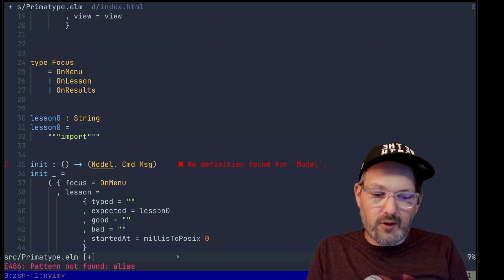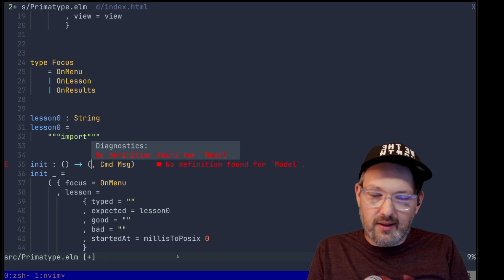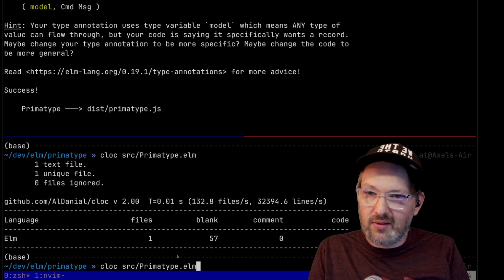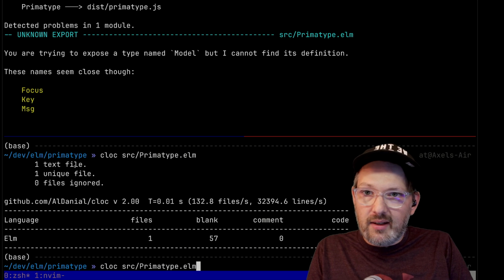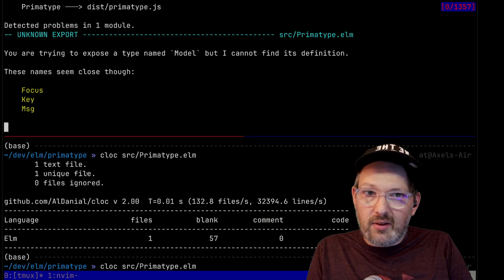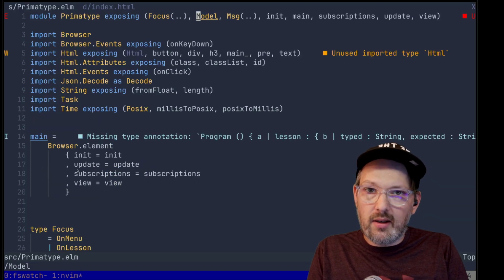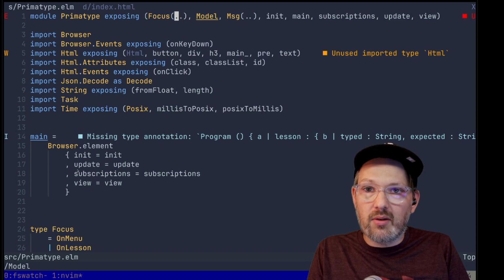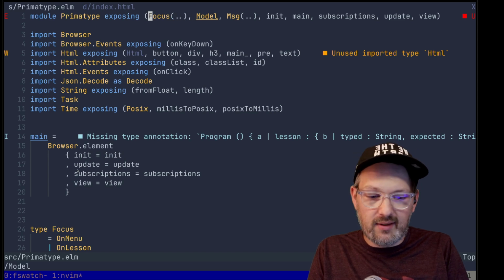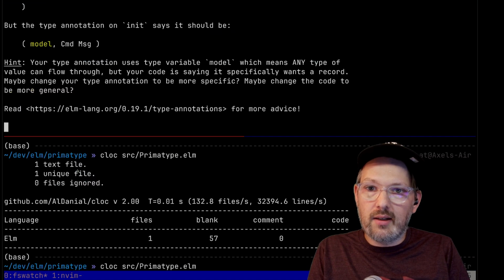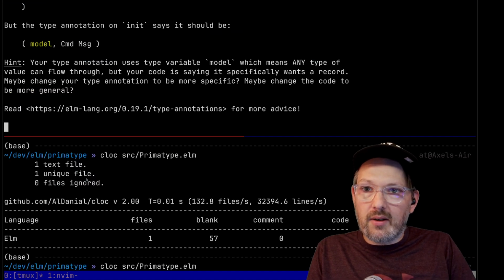And now, of course, it complains about the fact that we don't have Model here. There's an unknown export. You're trying to expose a type named Model. Am I though? Yeah. I don't need to be exposing any of these. I can just export main here. And now